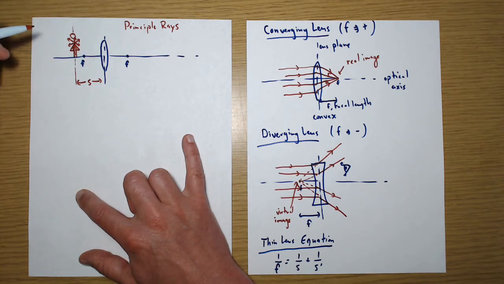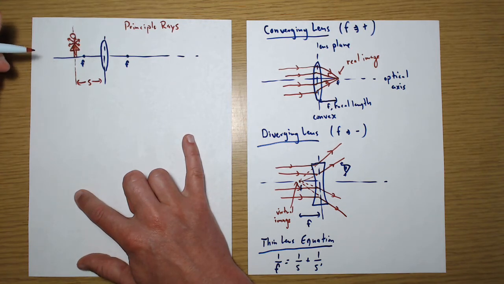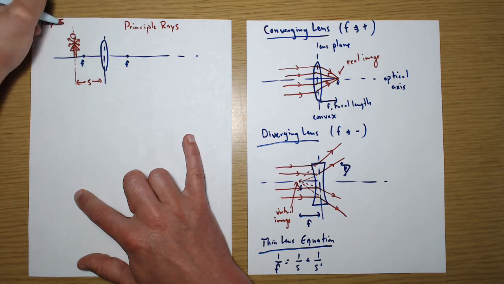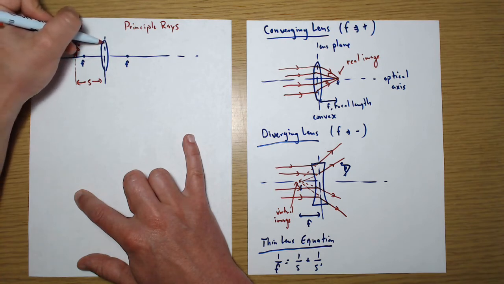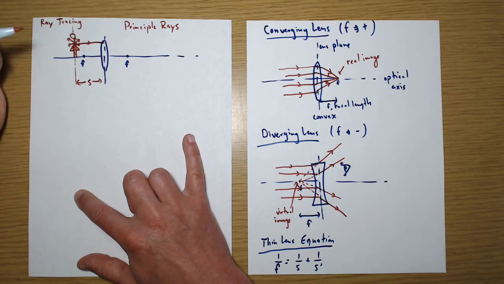And then every other point will be something similar to that, right? So this is a technique we call ray tracing. Okay, so if I have a light ray from the top of the tree that's parallel to the optical axis,